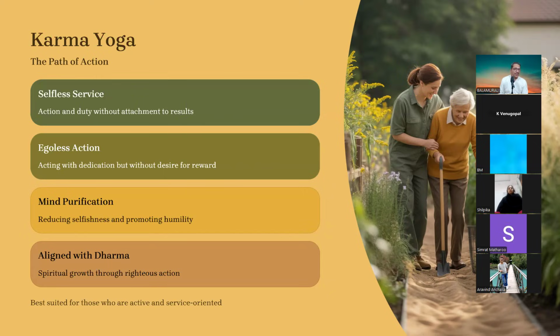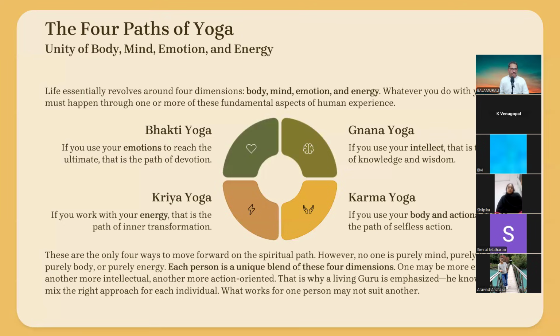Remember, dharma means righteousness. Not that you serve for your vested interest. I'm serving this because somebody will come and take a photograph and they want to write an article, and the next day publish it in the newspaper. That is not karma yoga. So this is aligned with dharma. That means righteousness. What is good for me, what is good for everyone, I will do only that. By doing this, your mind will get purified, because you don't worry about what about me. That question is not there. What about everyone? That becomes your question.